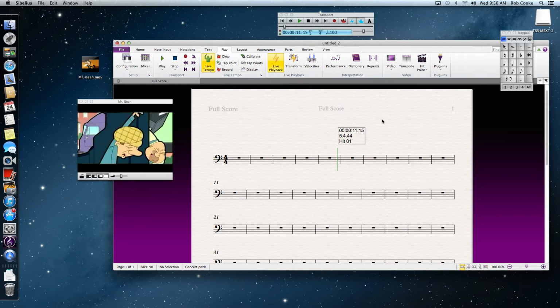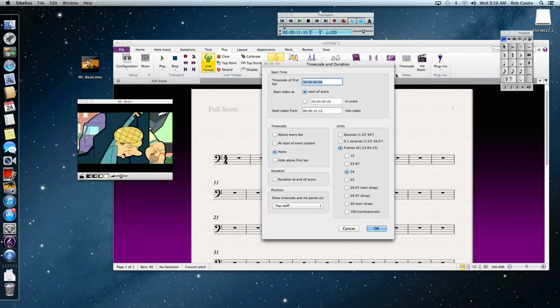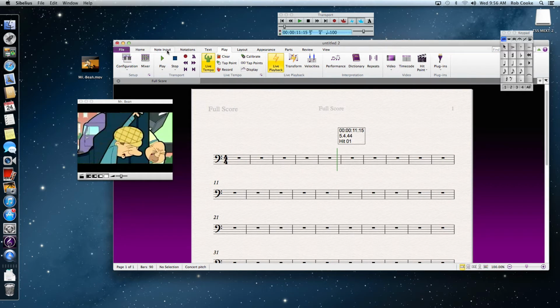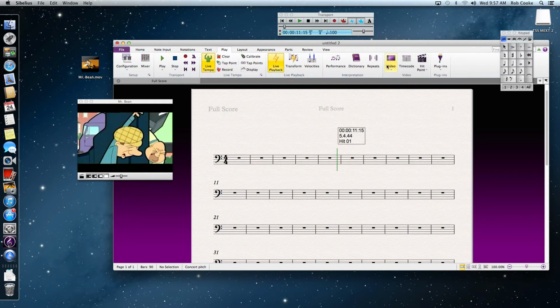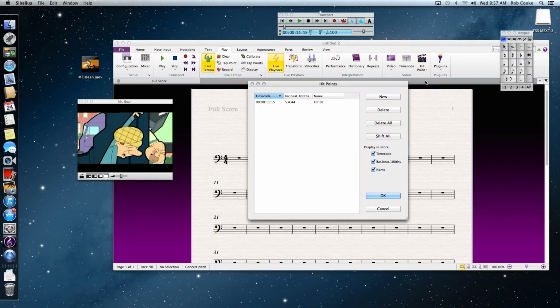So the first thing I need to do is go to, whoops, not that one, sorry. If we go over to note input and, sorry, back to play, starting play, and we'll go to hit points. Sorry, we need to edit the hit points. So if we click on that button and hit point here, we double click on it, you'll see that we can change from hit points to what